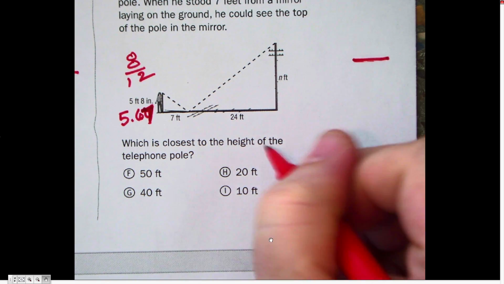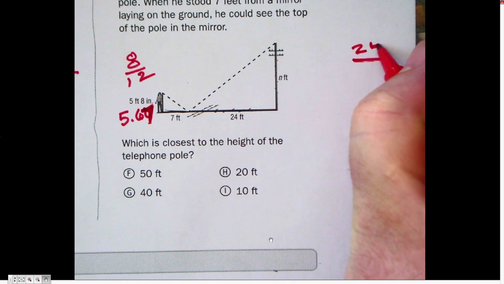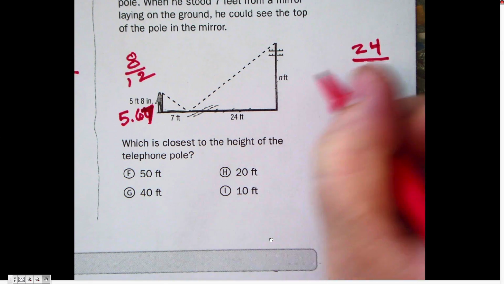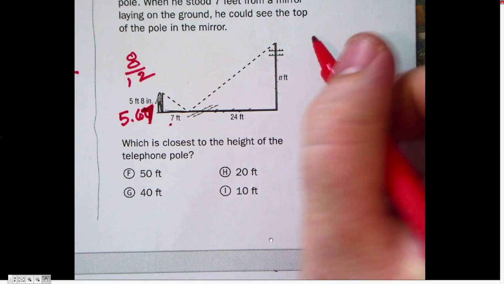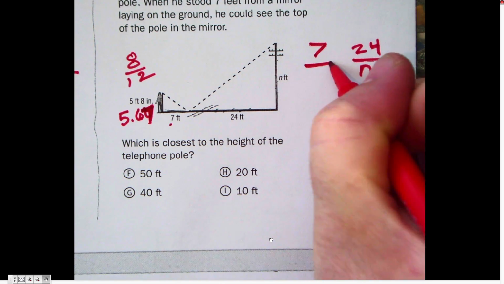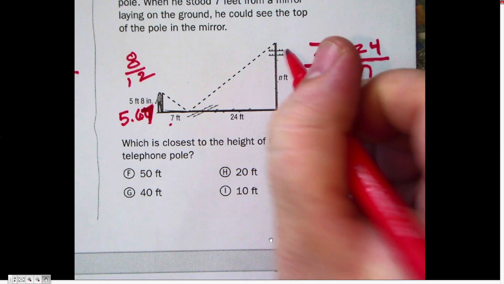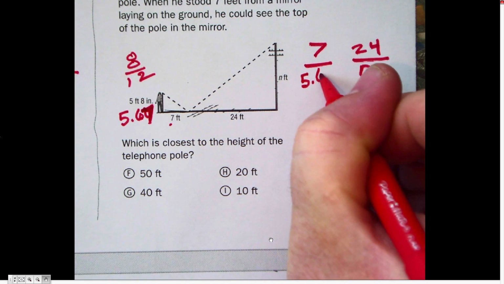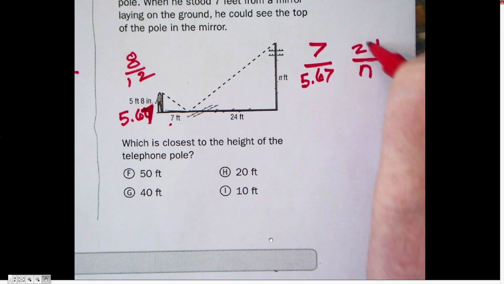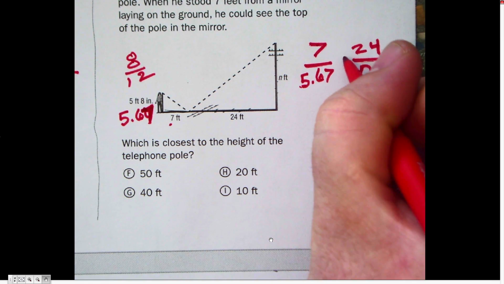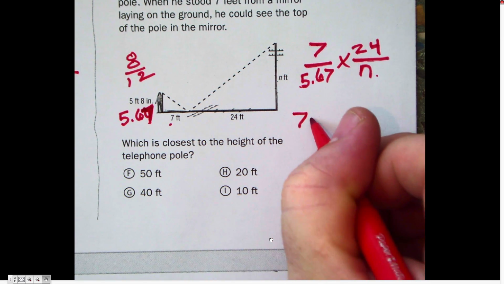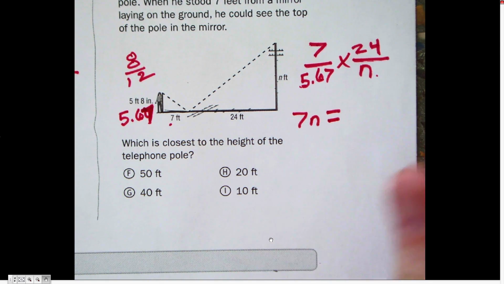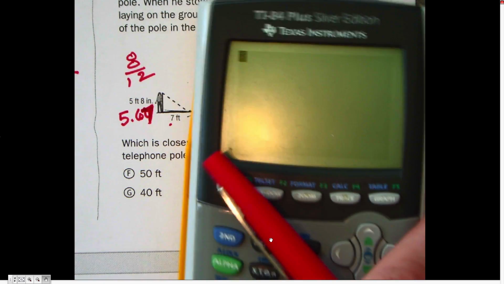If we take the shadow on top, okay, shadow is 24. The height on bottom is n. So now on the other one, we take the shadow on top, and we take the height on bottom. Always, the same one on top, same one on bottom. Then you cross multiply, and you get 7 times n, 7n equals 24 times